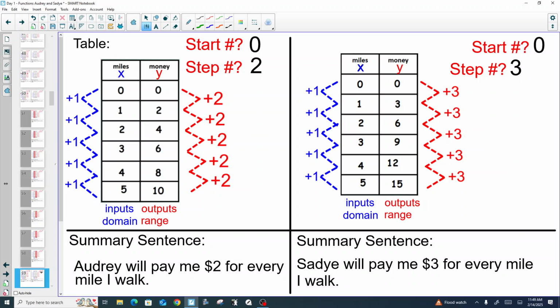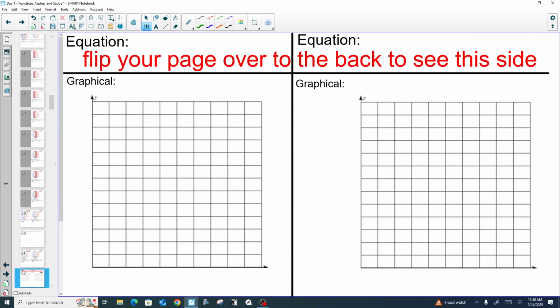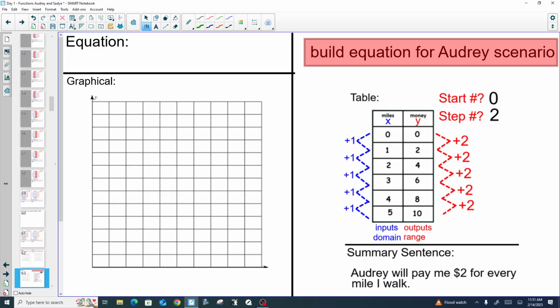Let me pause the video while you're catching up. All right, so at this point, your page needs to match mine. I've paused it. It looks like we're ready to go. So at this time, what we're going to do is we're going to turn your paper over to the back side. You will see those two blank graphs. Okay? We're going to use the one on the left to start with. And I'm going to cover up the right graph so that way you can see what we had for the Audrey paper